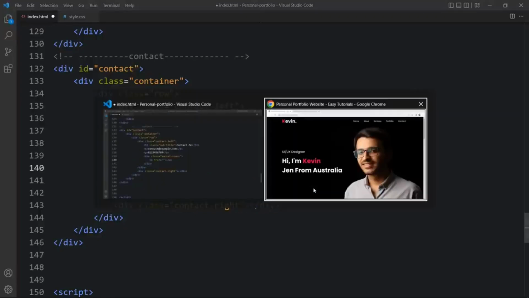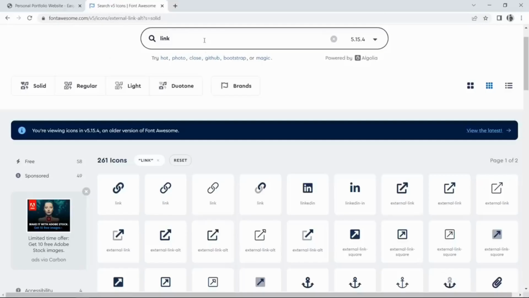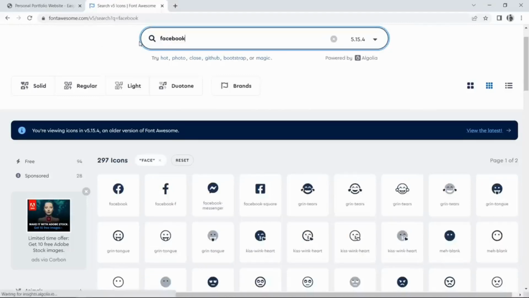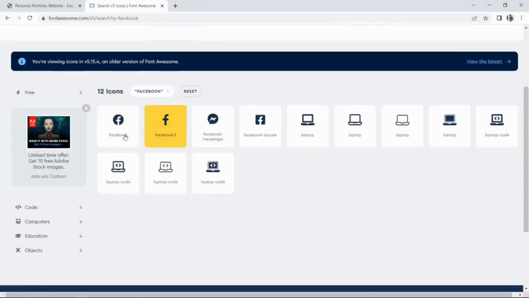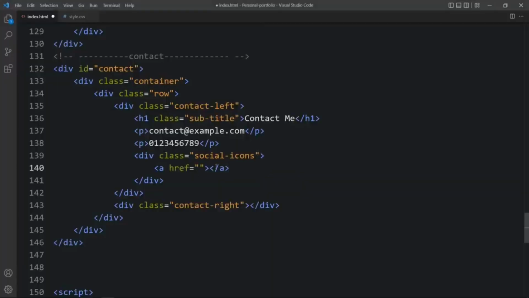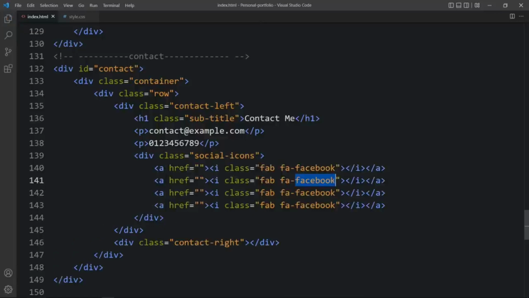So let's come back to the Font Awesome website. Here we will search for the icon Facebook. Let's click on this one, copy this and paste it here where you want to display the icon. Let me duplicate it. You can go on the Font Awesome website and search for another icon code. I already know. So here I will write